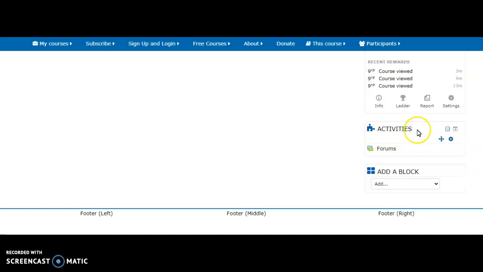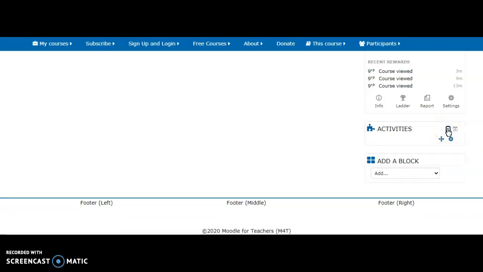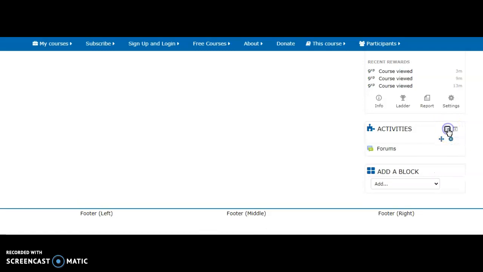Now if you want to minimize or hide this activity block, if you click on this button having a negative sign, you will see that its activities, the details are hidden, and now it has a positive icon. So if you click back on it, you will get the details of the activity block. Similarly, this one is for docking and this one is for moving the activity block to a place you want.